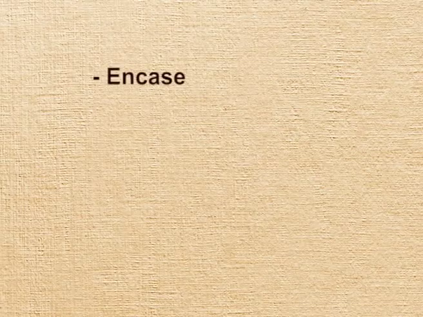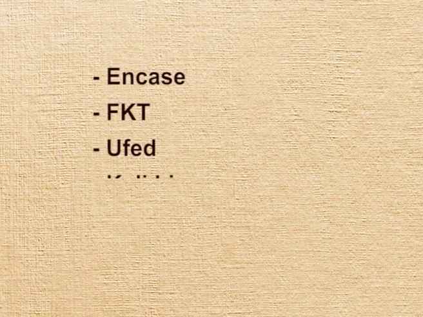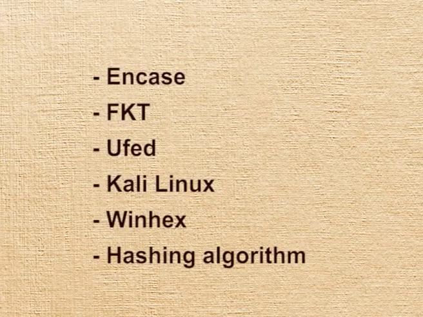We also learned about the investigation of Windows and Linux operating systems. The chapter ended with the module on various tools used for the analysis such as EnCase, FTK, UFED, Kali Linux, WinHex and hashing algorithm. With this module, we conclude